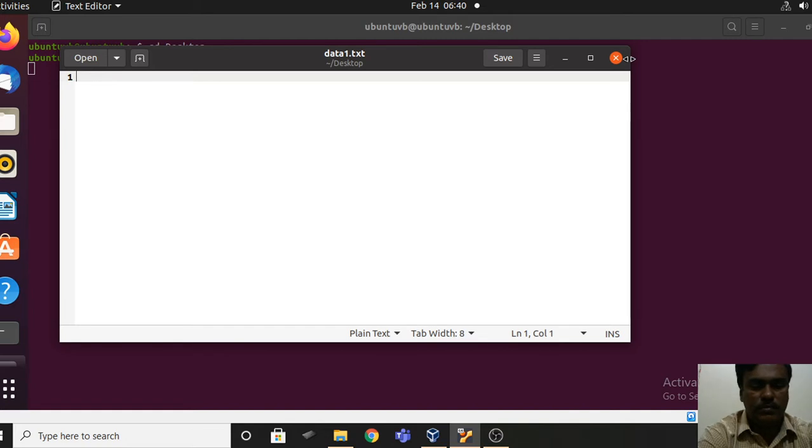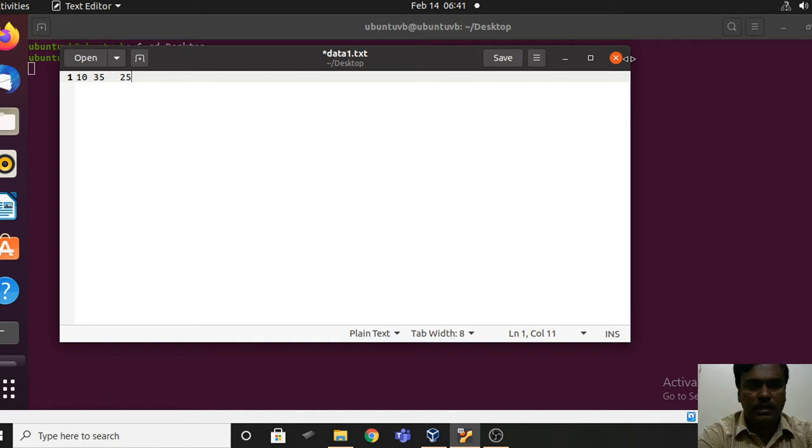So let me take the number of nodes as 10, and for 10 nodes, the throughput is say 35, and the delay is say 25. This is for 10 nodes.